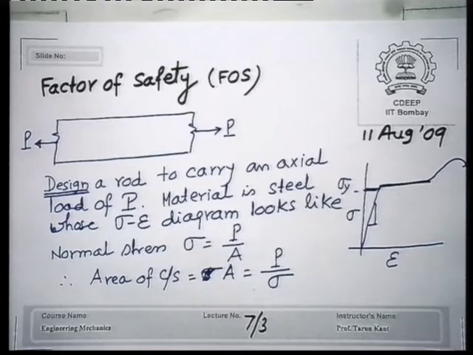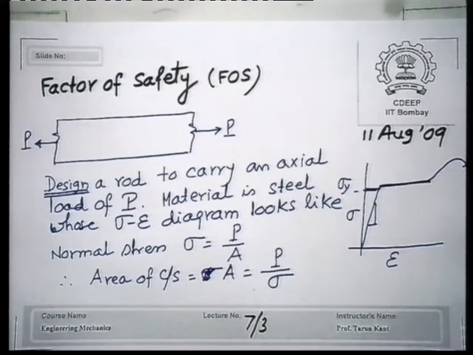Now, if you want that level to be maintained in the body of the material, then a slight increase in load will make the rod fail. We would not like to have that kind of situation. So, we should always have some reserve strength. All these buildings where we are sitting, if you are just on the threshold, then it is very dangerous. Suddenly one extra student comes here and then the whole building will come down. We do not want that situation. So, we always keep some reserve strength.